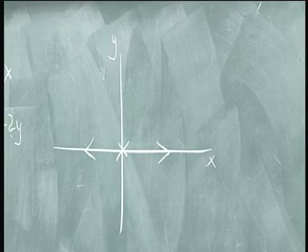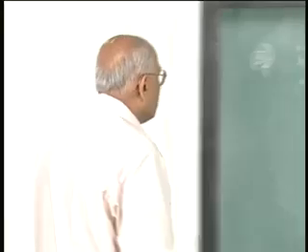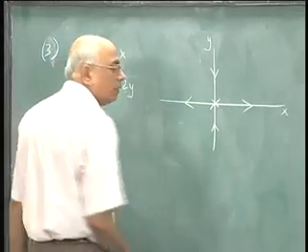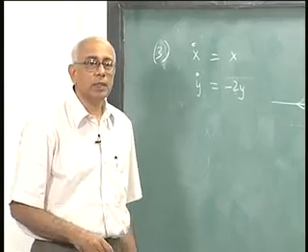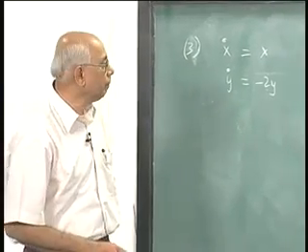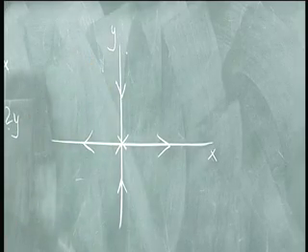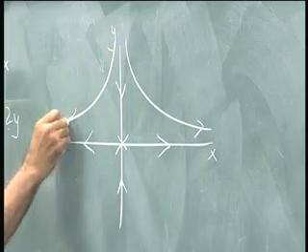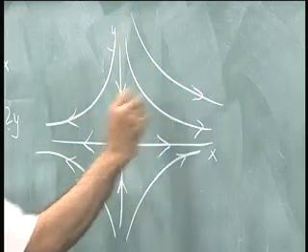The moment you have things flowing out in some direction or the other, it means the system is really unstable, and you put a cross, and in y things come in. So if I start with x exactly equal to 0 to start with in the initial condition, then of course things flow in. But if I do not do that and I start here, what would happen? Yes, exactly. So the whole plane is striated by these